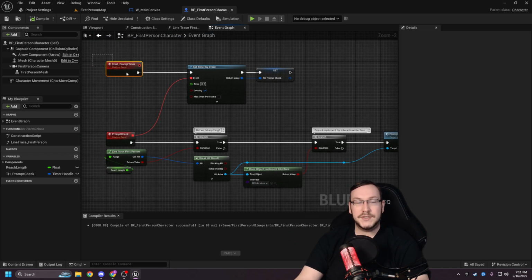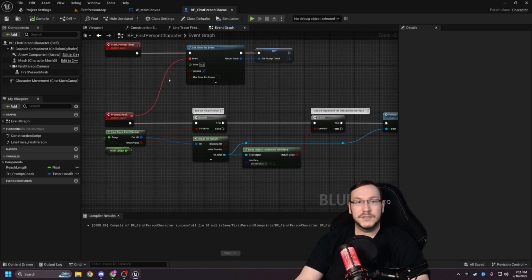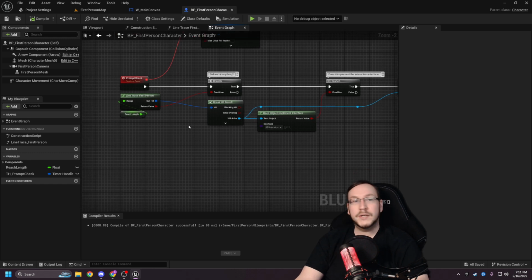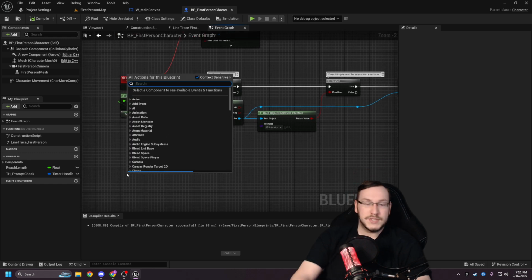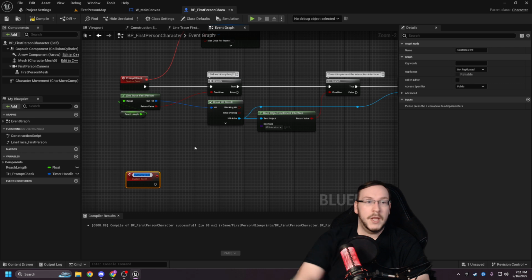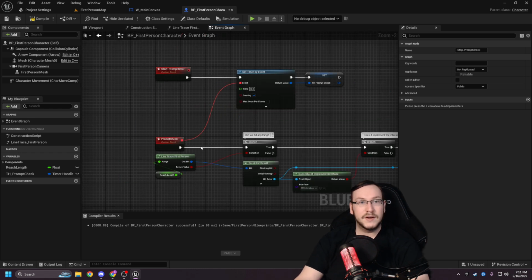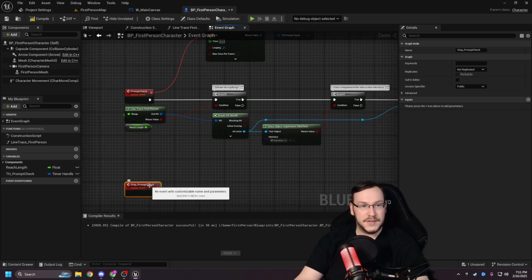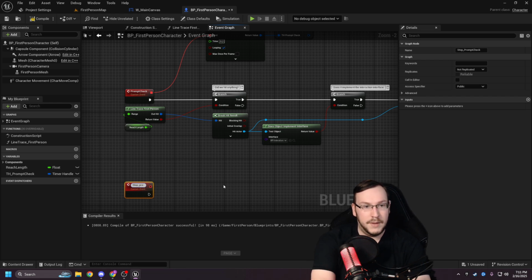First, we need to start the prompt timer. As of right now, this isn't being ever called, so this looping timer on prompt check will never be called, but we also need a way to stop it in case we need to stop it. So this will be called underscore prompt check, like that. Or prompt timer, I suppose, so that way it is very clear. Let's change that. Stop prompt